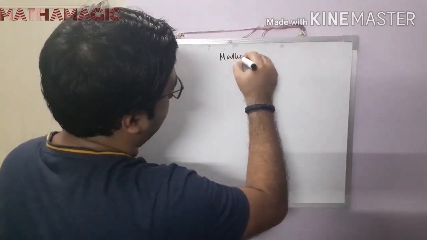There are 3-4 types of problems which basically come in the examinations. The most important thing is that this is the easiest chapter of class 11. I hope it will be helpful for all of you to understand the concept and to solve the problems. I would also like to tell you that we'll make only one video related to mathematical induction, because one video will be enough, as the chapter is very easy, and I think after seeing this video your concept of mathematical induction will be very clear. So let's start with mathematical induction.